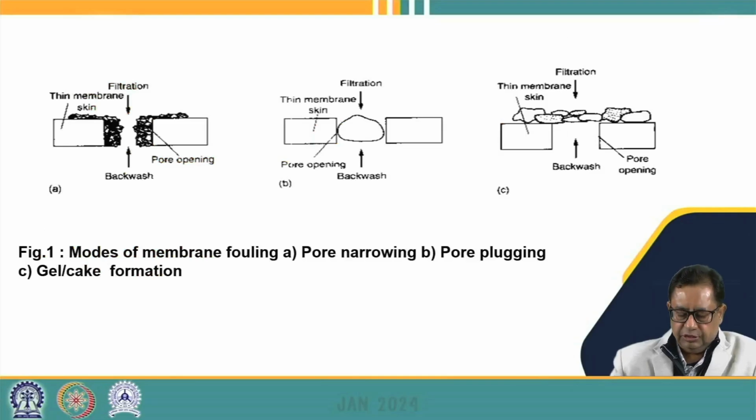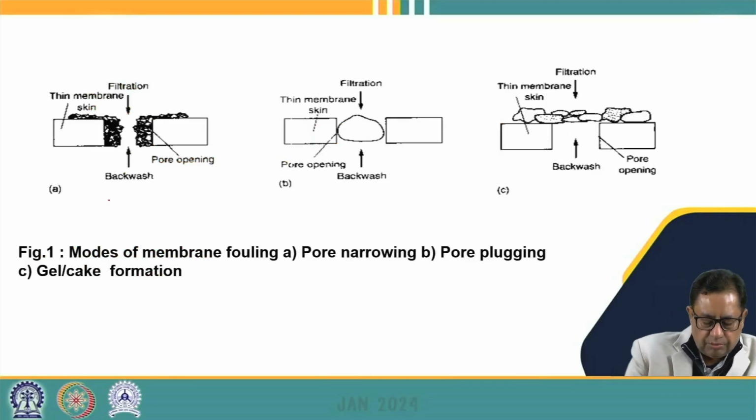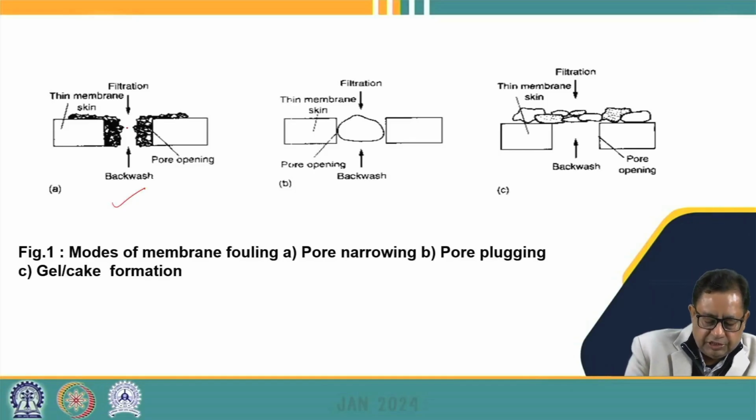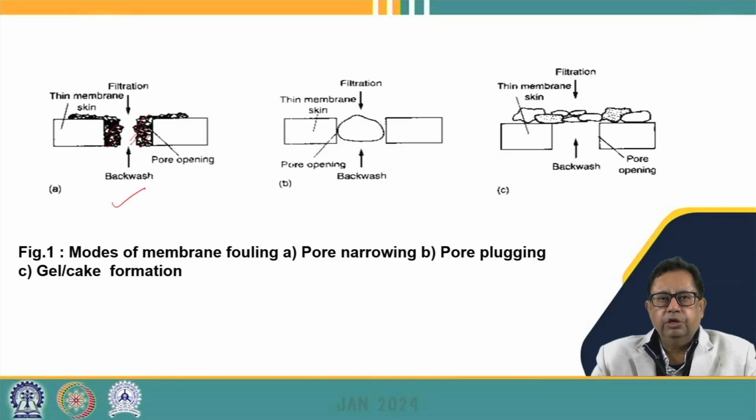So you can see that in these three diagrams, the first diagram is showing that filtration is taking place and the materials are not blocking or forming a gel on the surface. They are just blocking the sides of the pores. So slowly the pore size gets reduced, and this is known as the pore